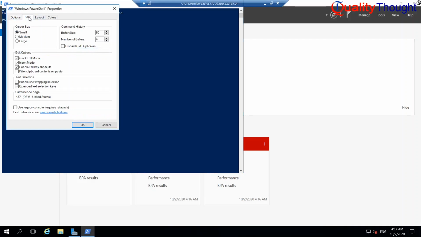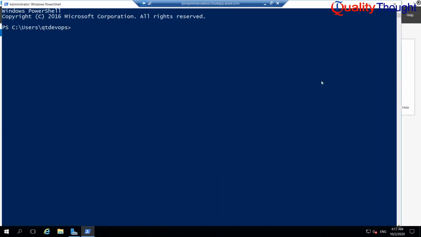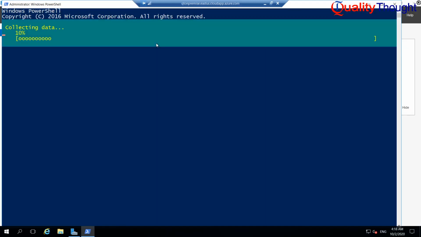I'll go to the font and let me make it 20. Now I am executing the command from the documentation which I have opened. This will install Hyper-V, and after that the machine will be restarted.